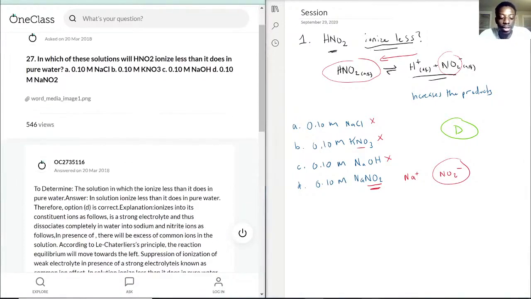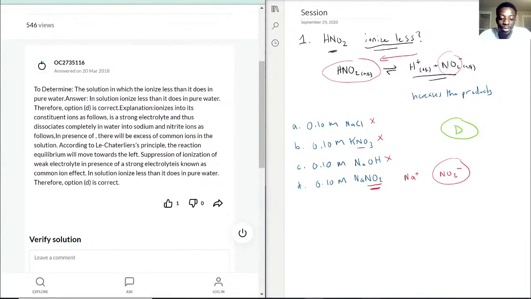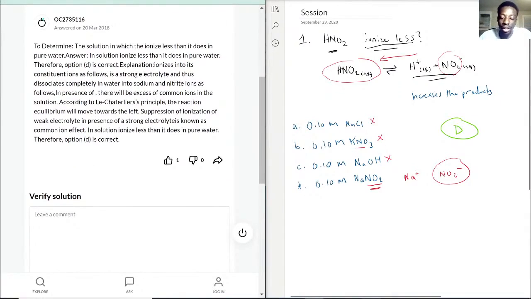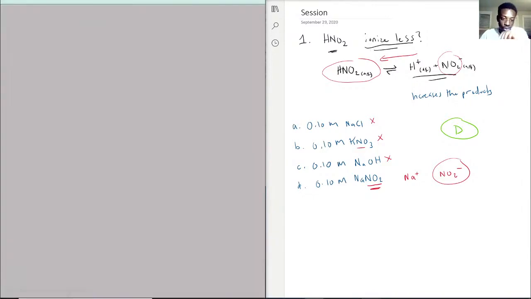Let's see how we did here. It skips right to it, just says option D is correct, and let's see what they say. Oh wow, they actually mentioned Le Chatelier's principle. I'm glad I know my stuff. But yes, exactly. It's pushing the equilibrium towards the reactants because of the fact that there's NO2 minus present in NaNO2. So this is correct, and we can just go straight to